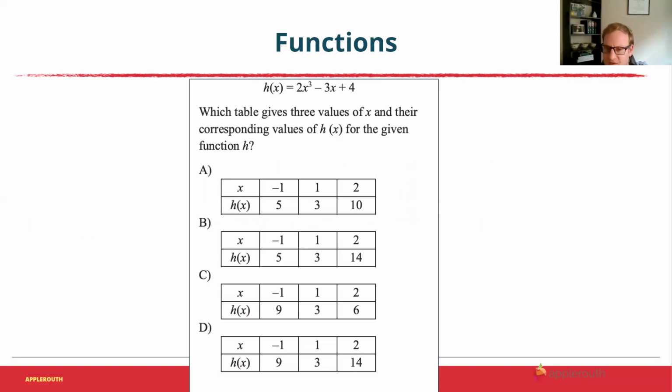And then functions. So there's a bunch of ways we could do this one. The question is, which table gives 3 values of x and their corresponding values of h of x, which is y, for the given function? And here, I'm looking at these answers. A lot of them have some similarities. But again,